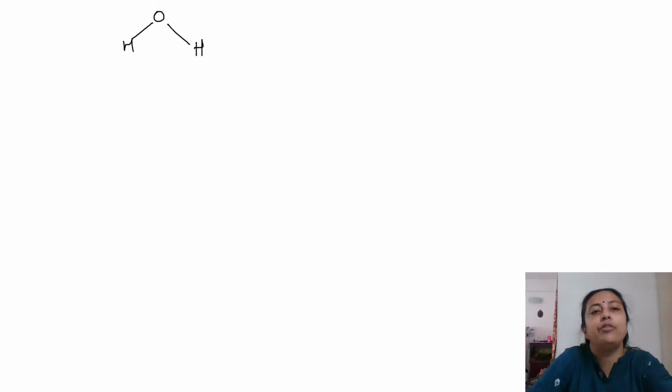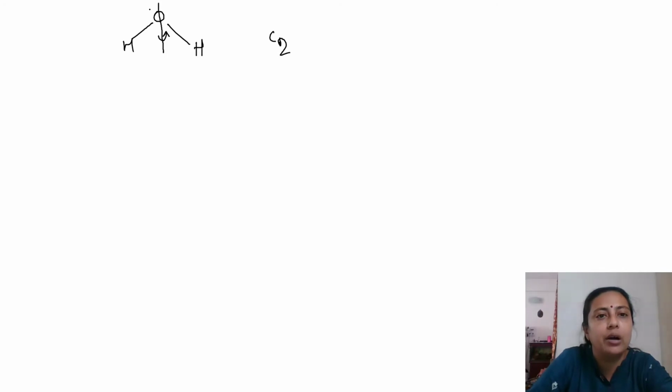So water, first you can see that there is a C2 axis which passes through the oxygen, and as you know that water is a planar moiety, is a planar geometry. So it is having a C2. It doesn't have any perpendicular C2. So that means the point group symmetry cannot be D, it can be only C.